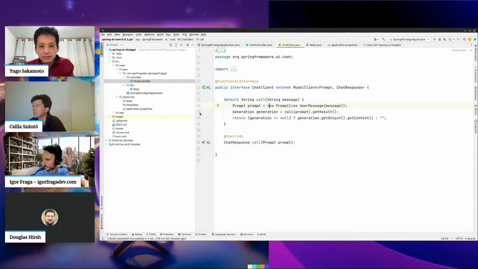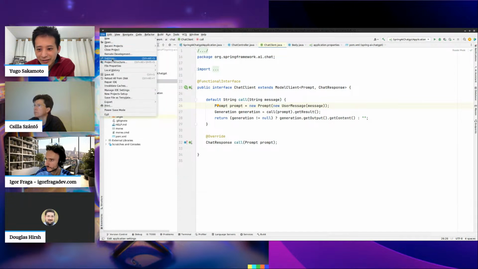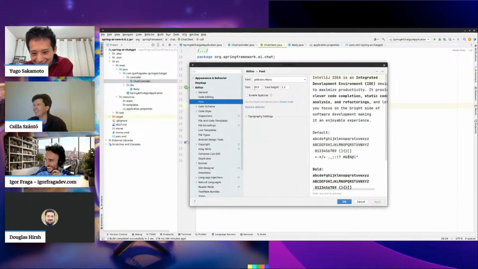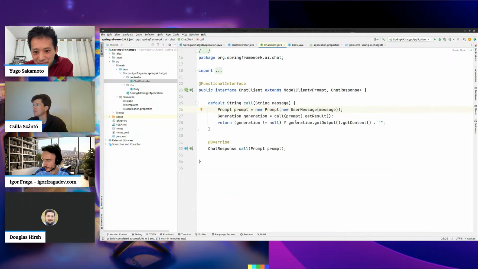It's better now. Yeah, it's good. Let me put that as 20 because we don't have a lot of text here, so it can just be real big.